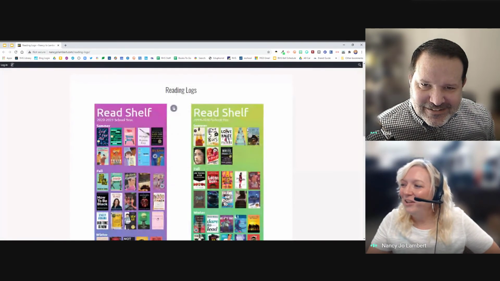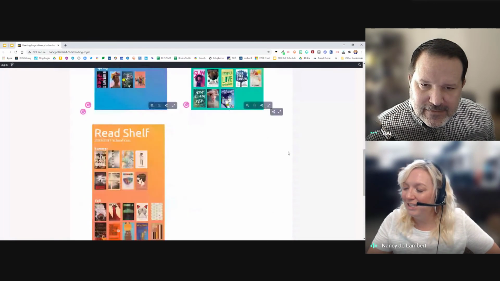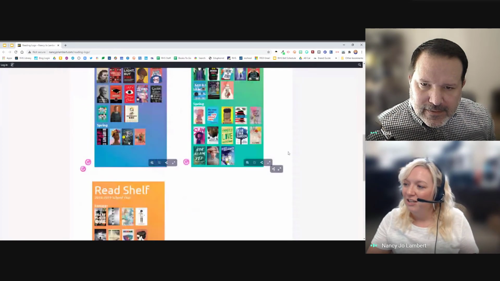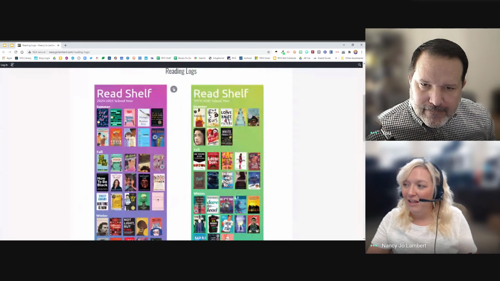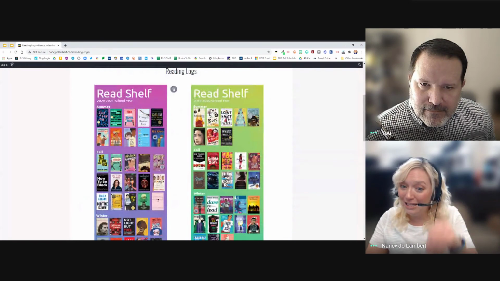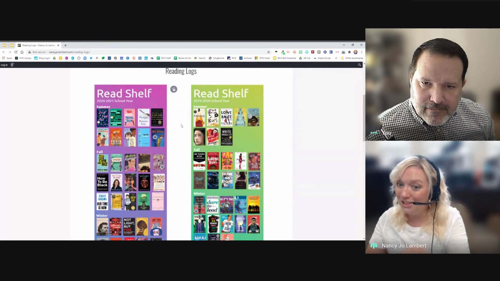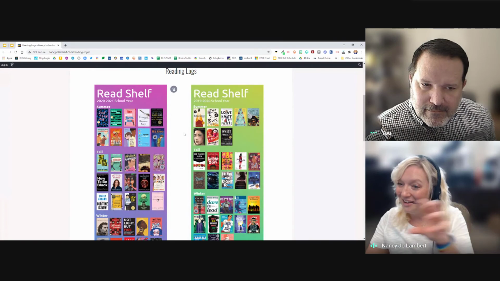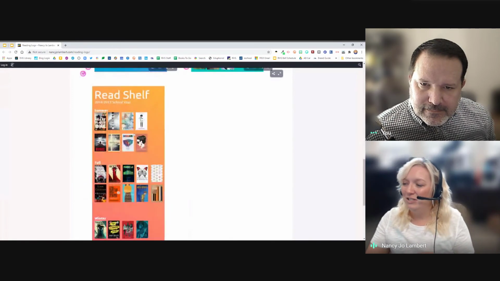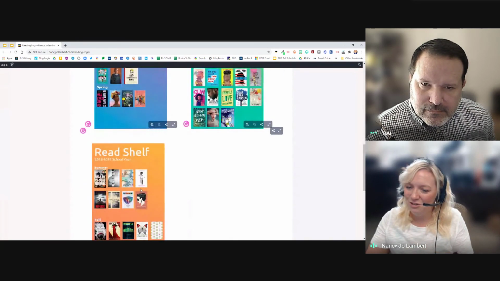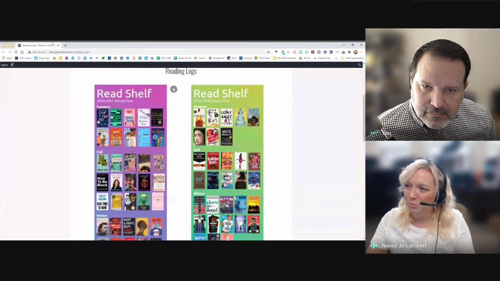You'll notice that I have multiple Geniallys on this one web page. I made a Genially, and then I put 2 Geniallys inside the Genially, and then I put that one Genially with the 2 Geniallys in it on this page. So that's what will happen as I continue to add more bookshelves.